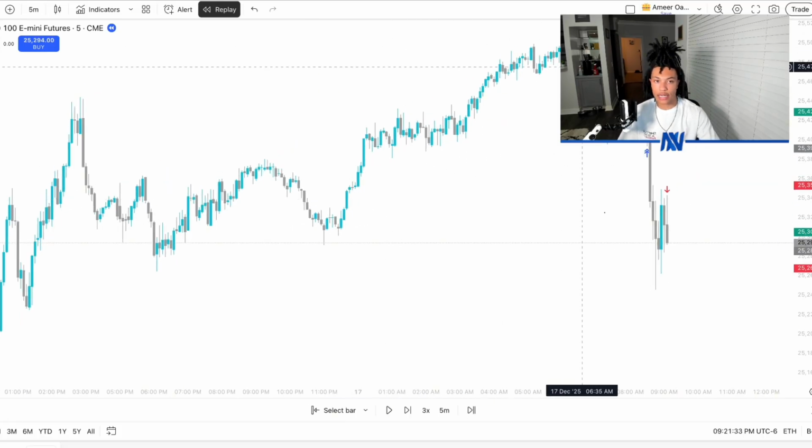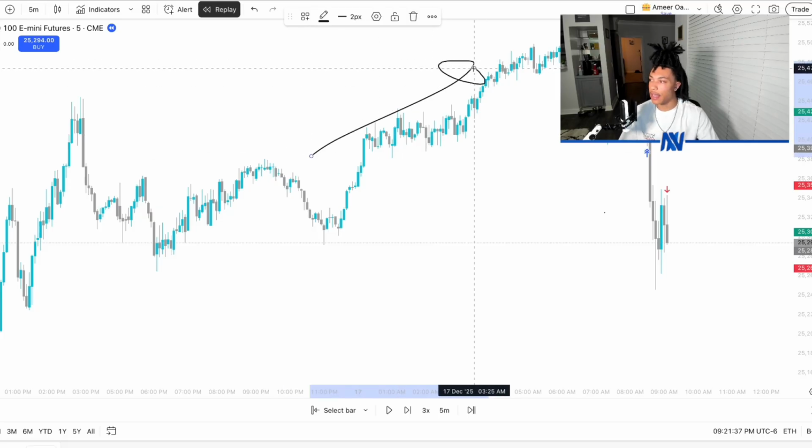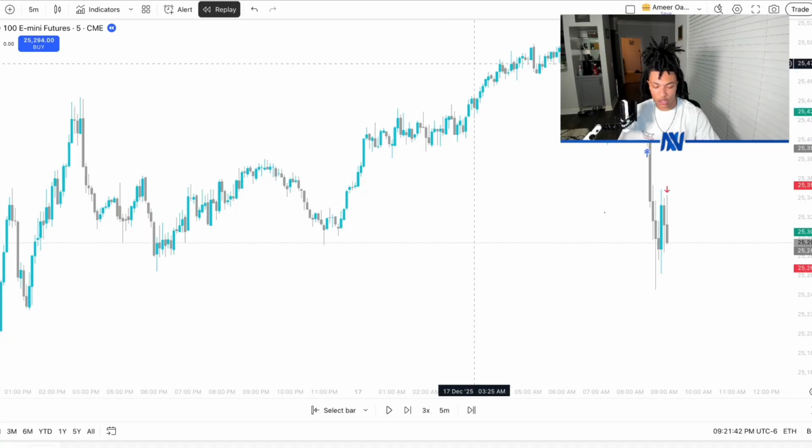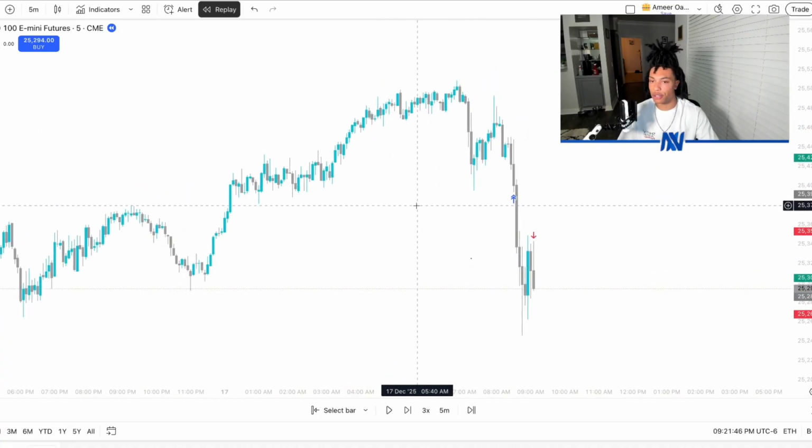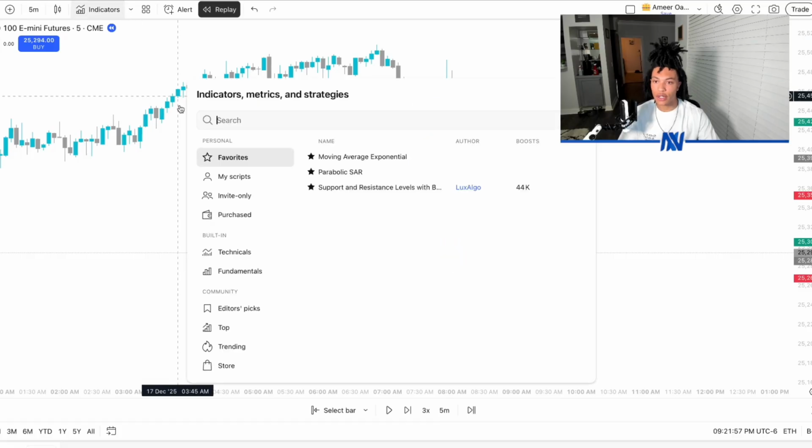So once it does it again, that's my cue to get into that trend continuation trade, and I'll end up hitting that trade because it's done it 5 times recently already. So once it does it for a 6th time, we can go ahead and get in, and we'll end up hitting that trade. Now, the easiest way to do this is to use what I call the AEMA trend